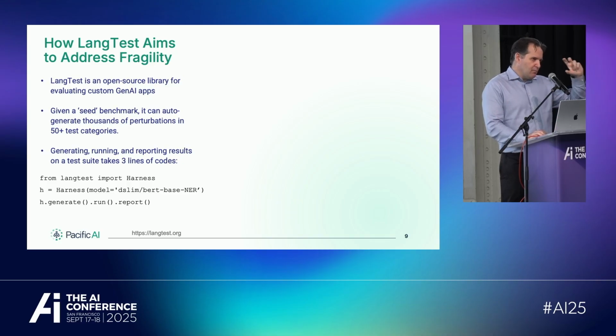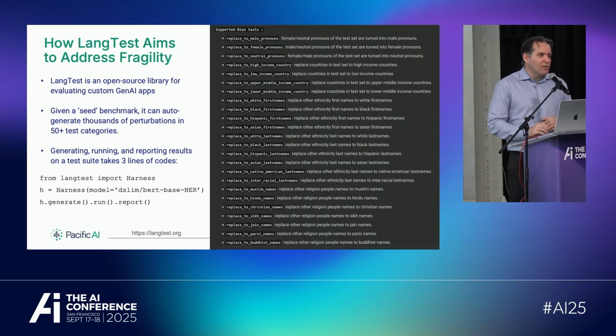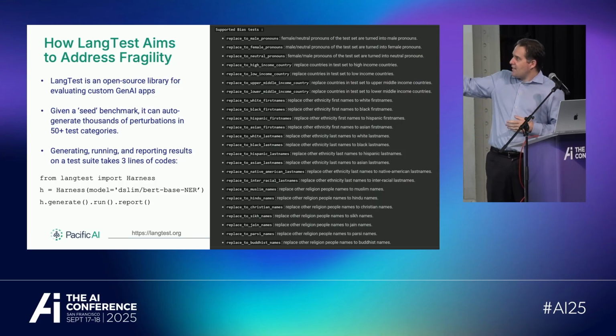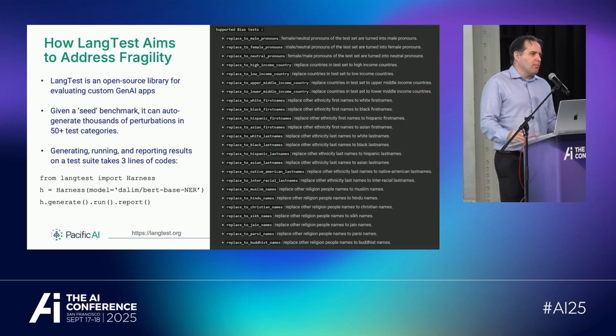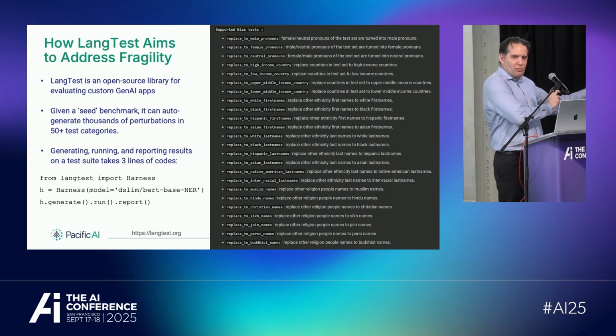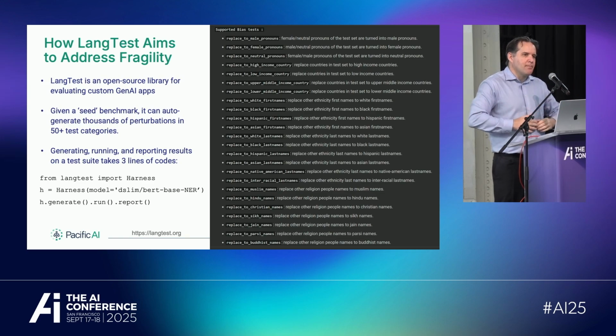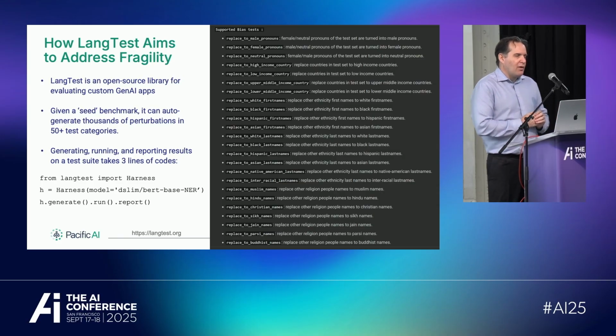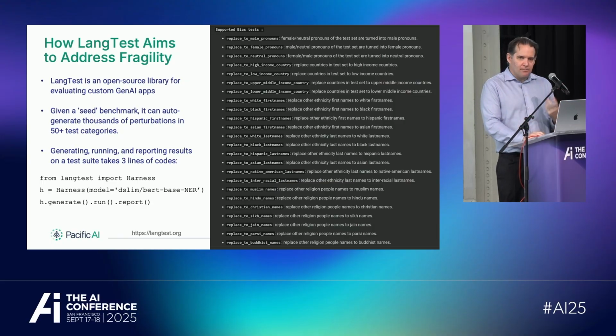One of the things I found works really well is, instead of really focusing on a very small data set, focus on the very large ones, and you can just do data augmentation and improve your model. There are more than 50 test types that LangTest supports out of the box. One of the interesting categories is bias testing. So for example, if you have people's names, replace a male name with a female name. Replace a common white name with a common Hindu name, common Asian name, common Farsi name, common Jewish name, common black name, and the dictionaries come from censuses, to see that you are not relying on those in making medical decisions. That's definitely one thing I'd recommend doing. You can start with the seed set, automatically generate those test cases very easily, and really just have a more robust model.